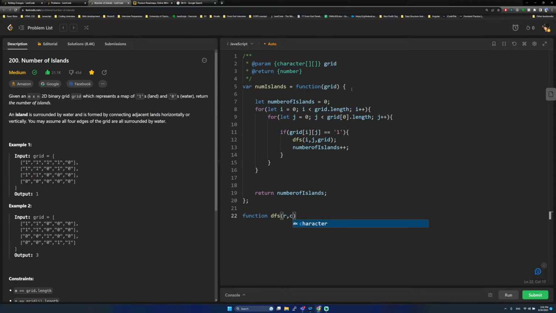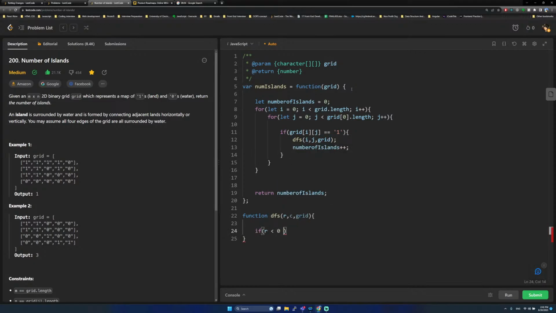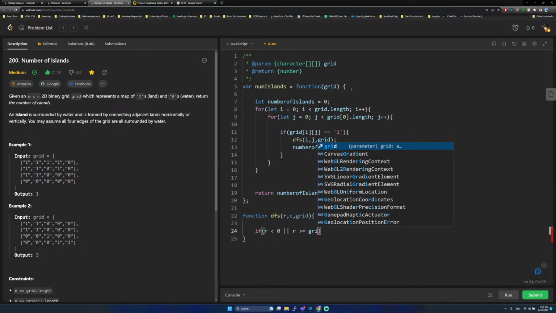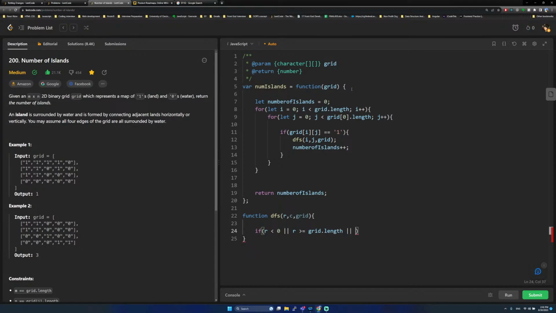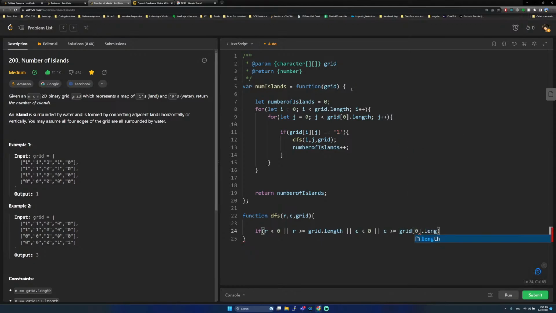Let's call it a row column and the grid. And if r is less than 0, so these are edge cases, boundary edges. So r is less than the boundary, then r is greater than or equal to grid dot length, or c is less than 0, or c is greater than or equal to grid of 0 dot length, or we have to specify a special character for a grid value that we are going to assign. We'll see if it is